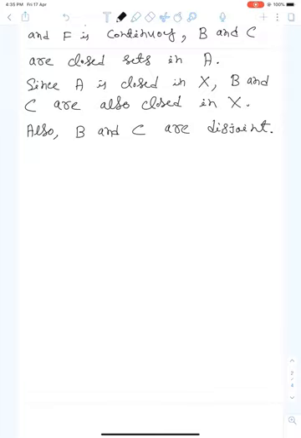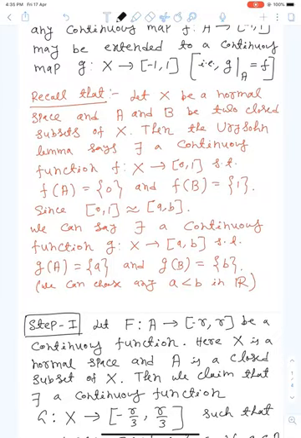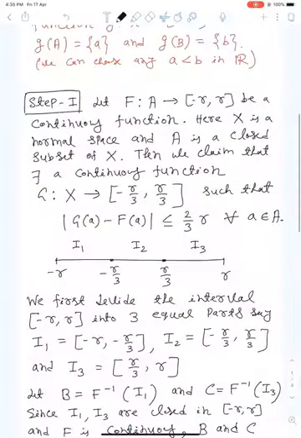Now if we use the Urysohn lemma, look at that Urysohn lemma. So this is my Urysohn lemma. So what a and b shall we choose for my G? Obviously, my required codomain is minus r by 3 to r by 3, right? So that means my a should be minus r by 3 and my b should be r by 3. That is simple, right? So therefore, thus by Urysohn lemma,